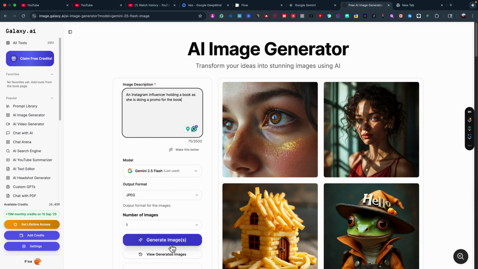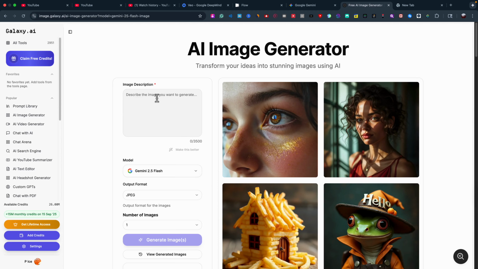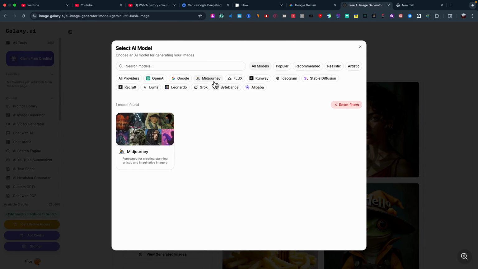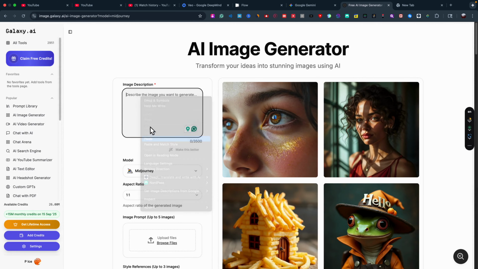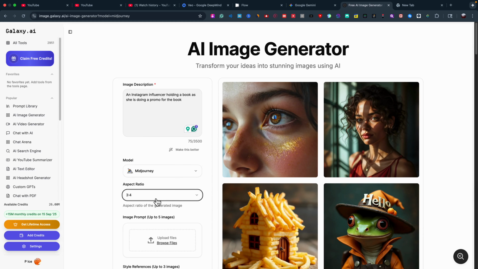So first I will generate the image, and for the model I'm using Gemini 2.5 Flash. In my opinion it is the best when it comes to an image like this one. I did cancel the last request, and for the first image that we will be using, it should be Midjourney. Google Flash is more for editing, and if you want the first image or the first prototype, it's better to use Midjourney. So I will paste the prompt right here again, and then choose the image 3x4, and next,